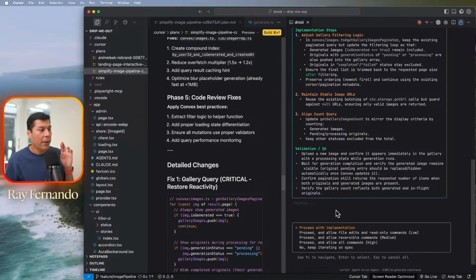And so the reason why I started in spec mode, even though I had a plan from Cursor, is that I want to get really clear: whenever you're handing off plans between 2 different agent providers, I think each one has kind of tuned their own planning for their own implementations. And so by starting with spec mode and saying, hey, let's just work on phase 1, we're now like,